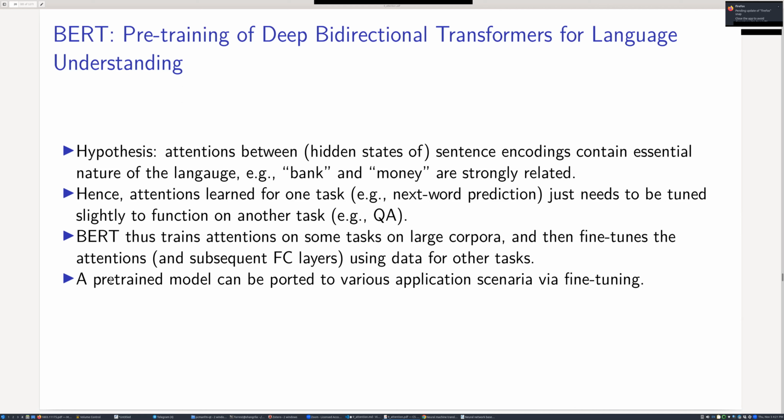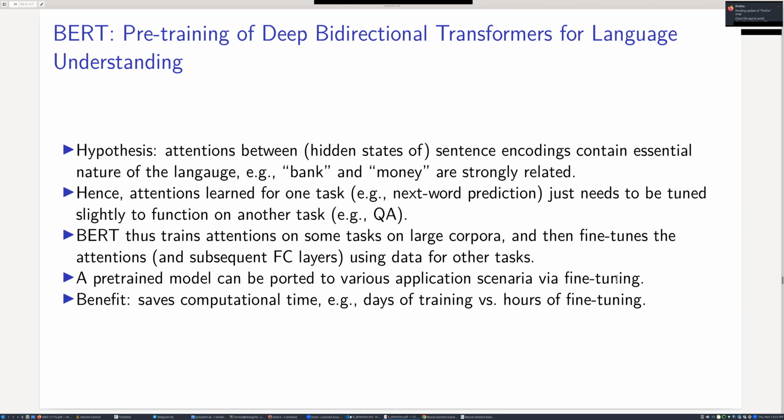So therefore, there are two kinds of training stages. One is called pre-training, usually starting from scratch on a large amount of training data. And the second we call fine-tuning, which is training on a small amount of data. Okay, so this is the idea of BERT. Why is it beneficial? Because it saves computational time, first of all, because pre-training could take, for example, days to do, while the fine-tuning probably takes only hours to do. Second of all,